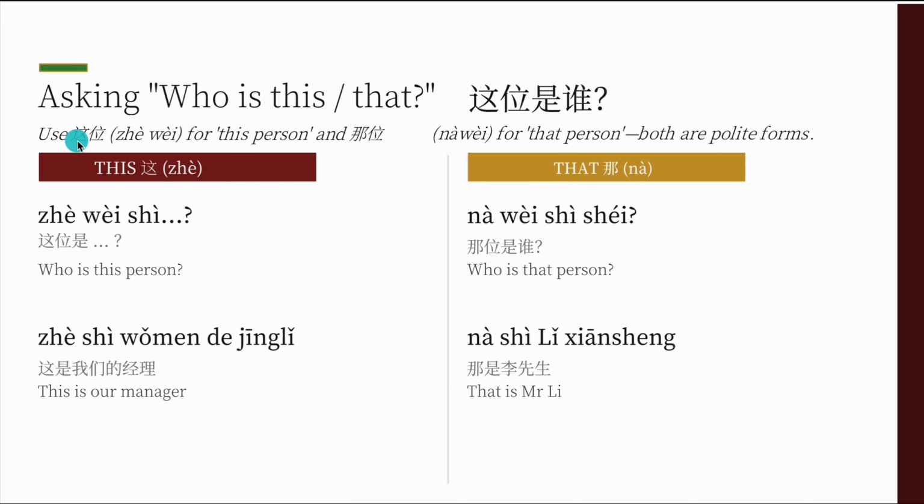So first, you use 这位 for this person and 那位 for that person. Remember, we just talked about 这位. It is a respectful way of saying this is. And if you want to say that is in a respectful way too, you say 那位. So, who is this? You say 这位是. We put a dot here because when they say this, the person they're asking you to introduce is right in front of them, and they are waiting for you to jump in and finish the introduction. That's why they did not put 谁, because 谁 is rude. So you hear something like 这位是, and you jump in and say,